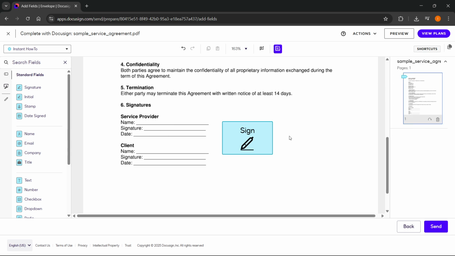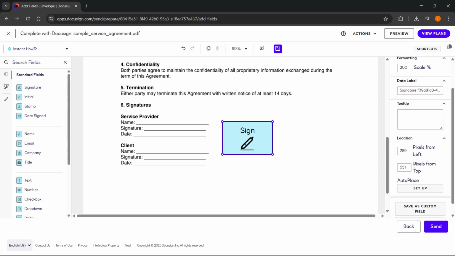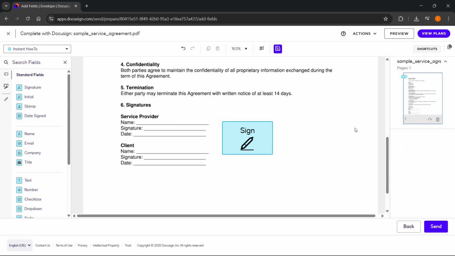Now, once you put it somewhere where you like it to be, you can also set the formatting, so we can set the scale, the data label, the tooltip, the location, whatever you want to do. Okay, so after you've done this, you can go ahead and preview and send your document. So that's pretty